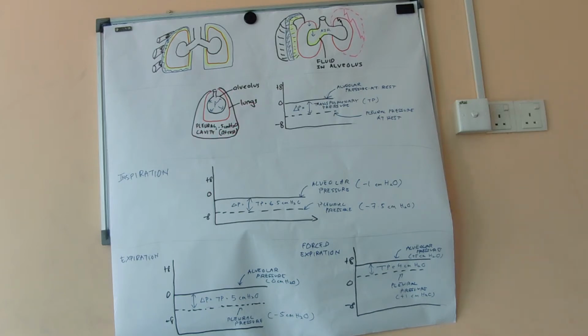What about the alveolar pressure? We actually have two types of pressure when we are talking about transpulmonary pressure: pleural pressure, intrapleural pressure, as well as the alveolar pressure. Intrapleural pressure at rest is always -5 cm H2O, and alveolar pressure, that is the pressure inside the alveolus, is always 0 cm H2O. Why? Because